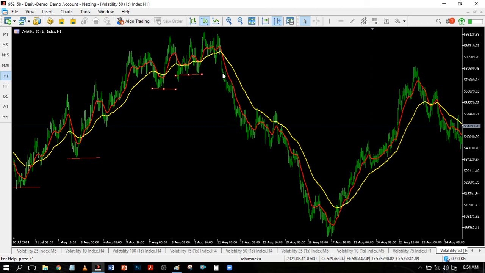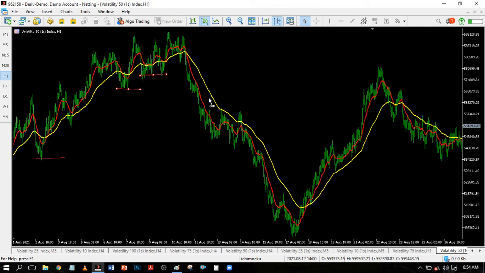Now how do you know that the trend has changed? You know the trend is about to change when the 13 crosses downwards to form a pullback, but instead of it ending above this level, or it can end at this level, or above this level, it must not end below this level. The moment the pullback breaks this level, then you know that the market structure has changed. Then you have to start looking out for sell trades.